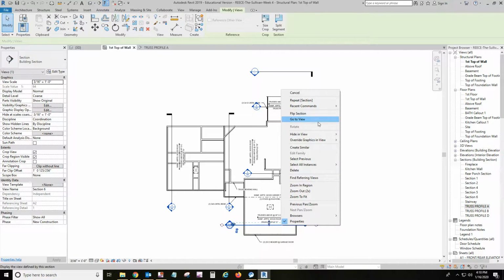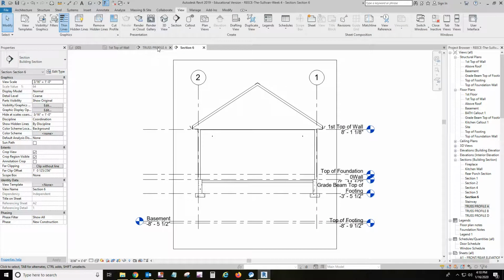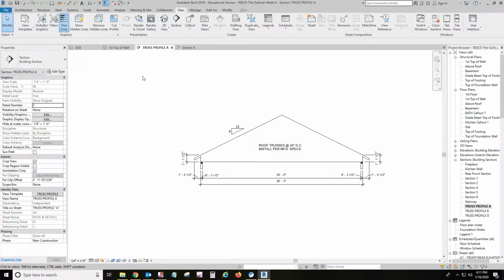And go to view. Now I want to look here. Now I set up a view template that I'm going to be working with. Because you're doing 4 different drawings, so it was easier to set up a profile, a view template for them. But you need to at least draw one of them first. Okay, and I'm going to show you